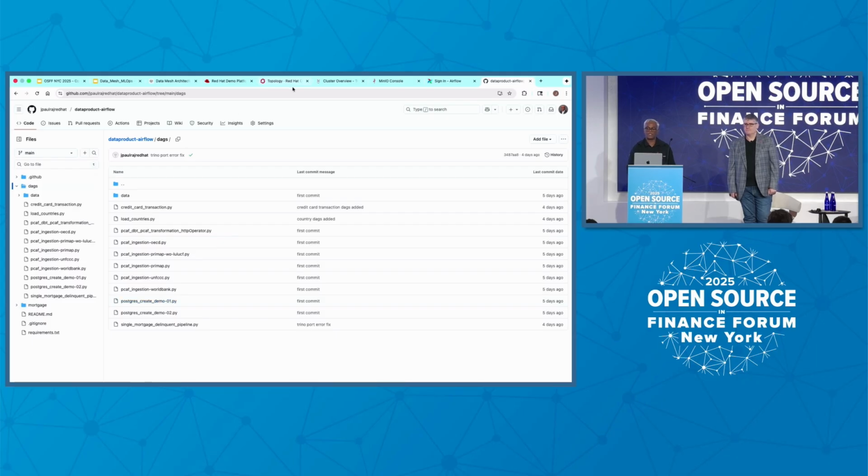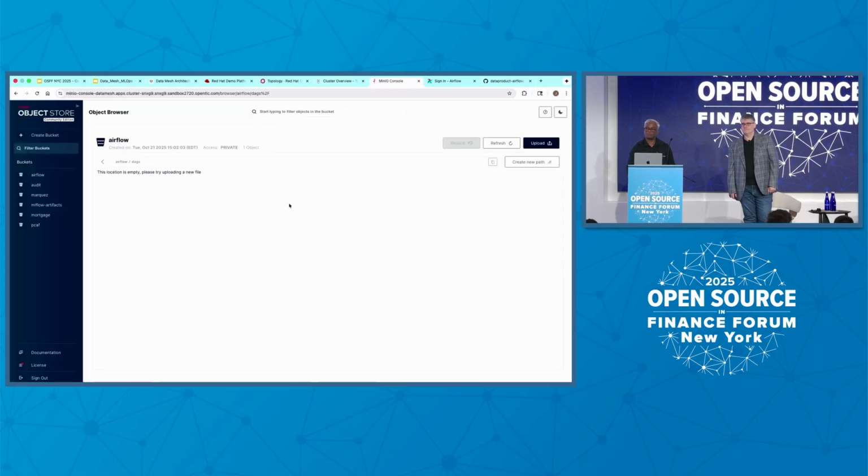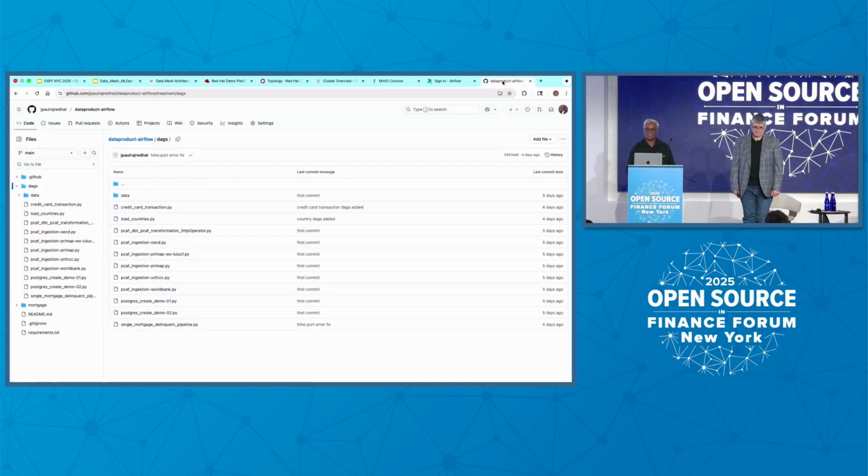So right now, nothing is in my MinIO. When I check in my code from my source, it kicks in my CI/CD pipeline, and I move all the data sources to deploy to MinIO. Then my Airflow has a sync tool which syncs all the data from MinIO to my Airflow runtime engine, where your data pipeline gets processed. Okay, so let me go and trigger my pipeline.